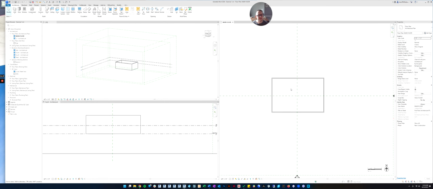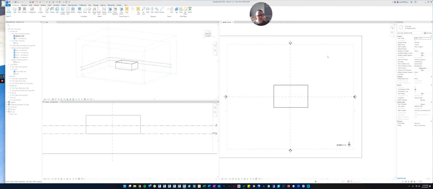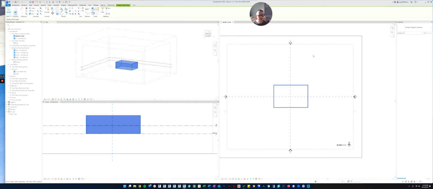Another thing about mass selecting that you'll want to know is, let's do it this way. So now we've selected a bunch of things and we only want the walls. When you select something like this, it'll tell you how many things down here have been selected. See how it says 7? And we only want the 4 walls selected.